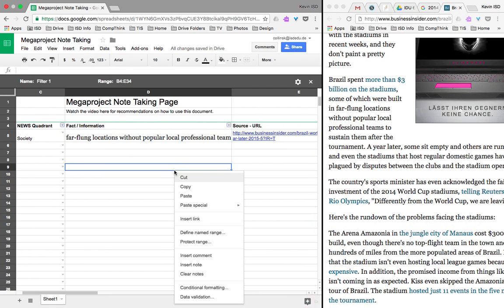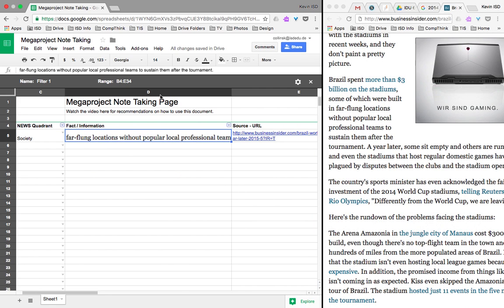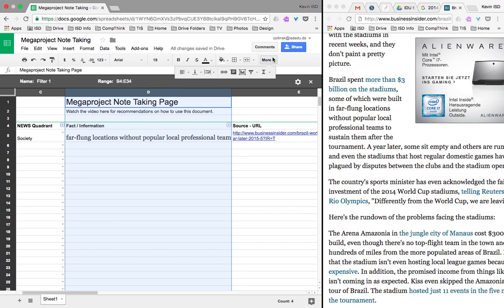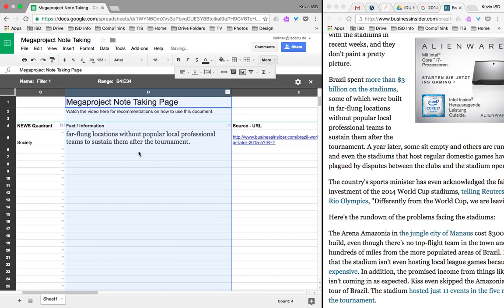I can readjust the size of my two screens. One thing that might need to reset is your text wrapping. So now the text wrapping is turned on and the far-flung locations is all within one cell. I come back over here